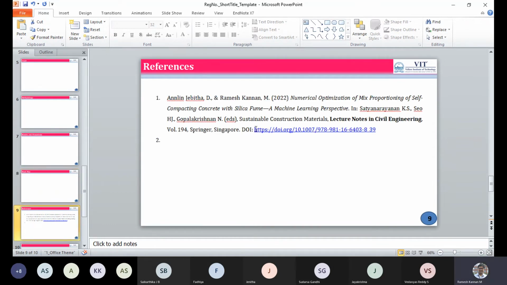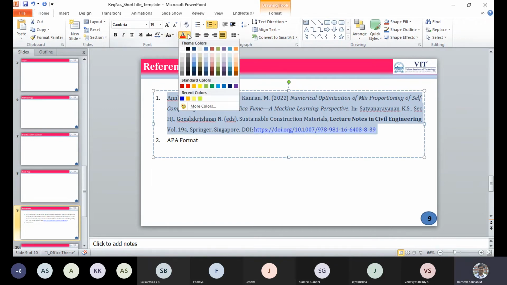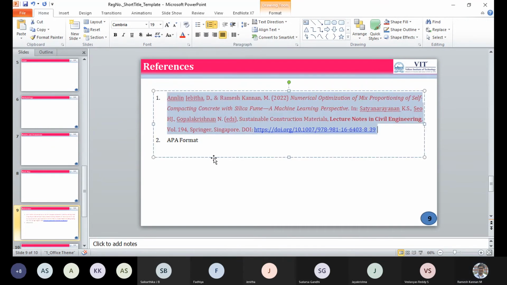And then the references. You can use a format called APA, the American Psychological Association format, for the bibliography. This is just the engineering Harvard style reference. You don't have to really use that; instead you can use APA format, or any format which is used for law studies or something like that.